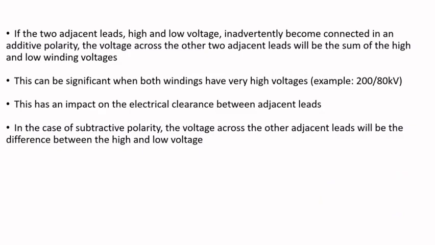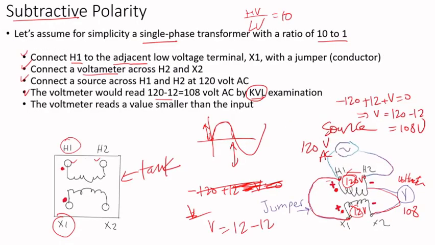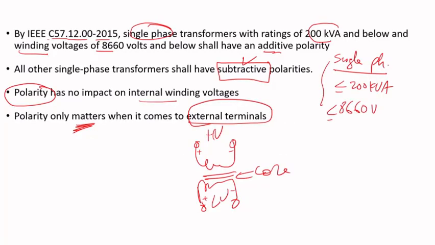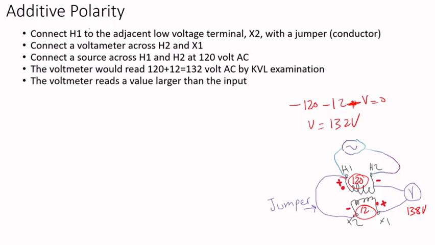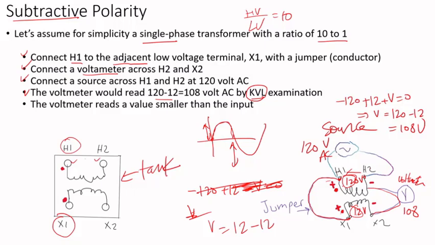So when does subtractive or additive polarity matter? As I stated at the beginning, polarity really has no impact on the internal voltage of the windings. But it matters in certain cases. As we saw from here, it depends on how you arrange the windings. Like subtractive, as I will explain, this coil here, the high voltage, is wound, say